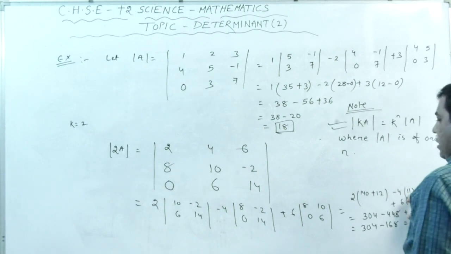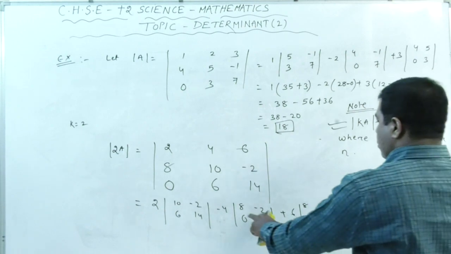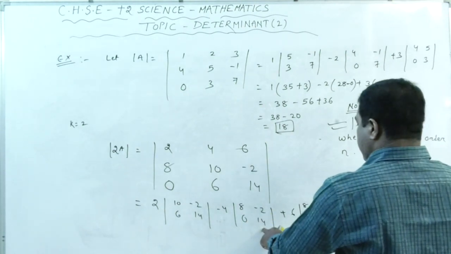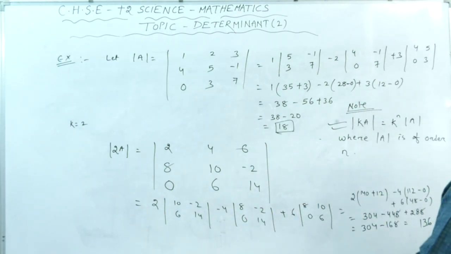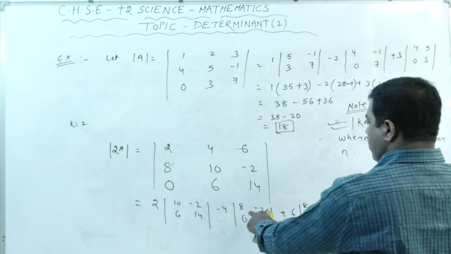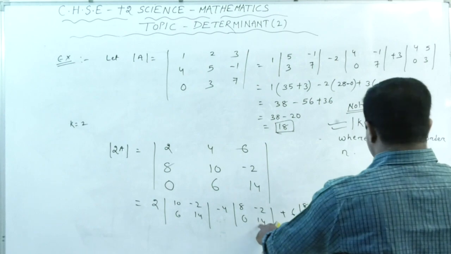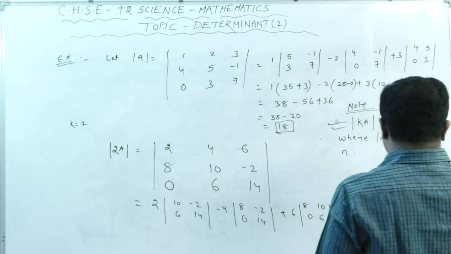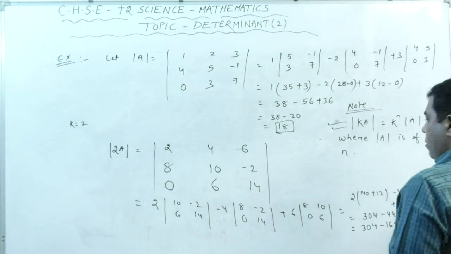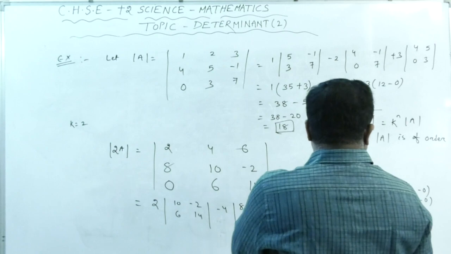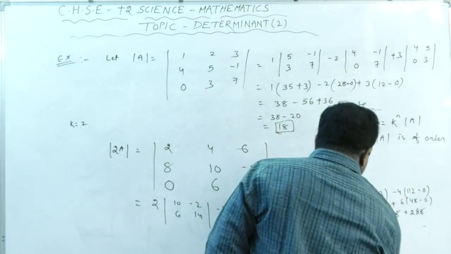It is 56. It is your 112 is there. So it is your 112. 112 multiplied by 112, so it is minus 448, and it is your 6 times of 48. So it is 288. So what we obtain the value? So we obtain the value as 304